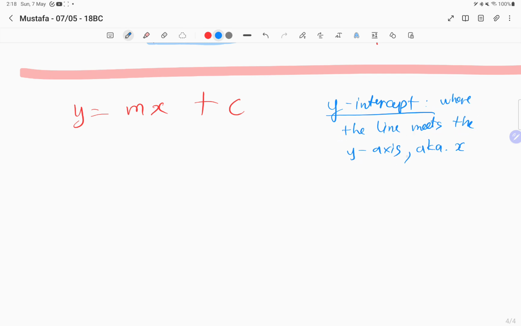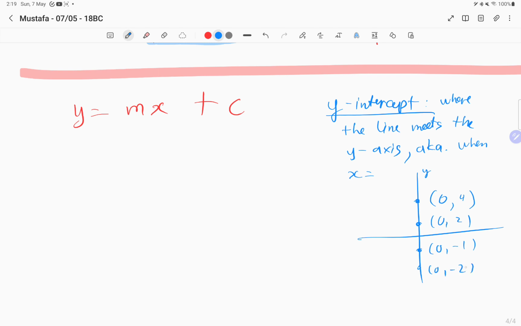So far so good, right? In other words, when x equals 0. Any point on the y-axis, what's the x-coordinate? If it's on the y-axis, what's the x-coordinate? Yes, 0. This could be 0, 4. This could be 0, 2. This could be 0, minus 1. This could be 0, minus 2. They all share the same